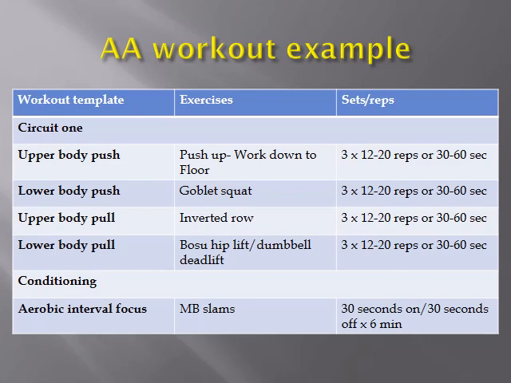Now, in terms of our conditioning, you'll notice that I've got 30 seconds of work followed by 30 seconds of rest for 6 minutes. In this particular example, I'm using a medicine ball slam, but what I like better than that are things like running, if applicable. A treadmill, or an Airdyne bike is great. Maybe even a stair climber, where it's continuous, and it's something that they're not able to break after 5 reps or whatever it may be, and that's going to be the major change from our circuit-based